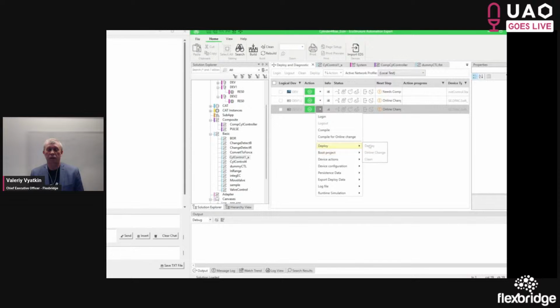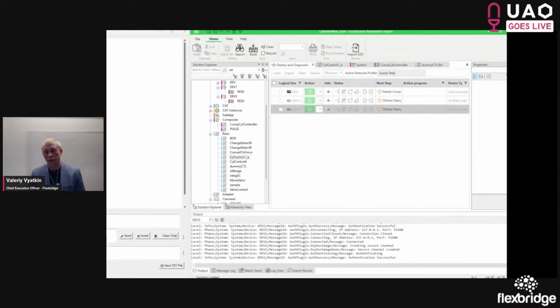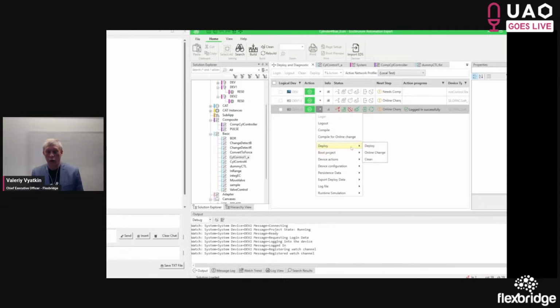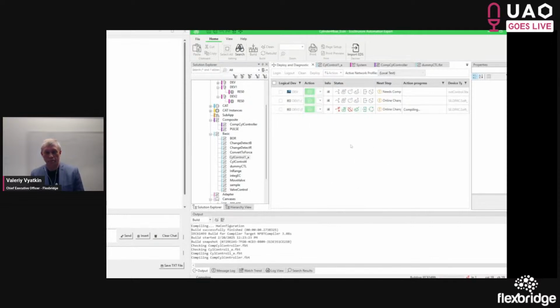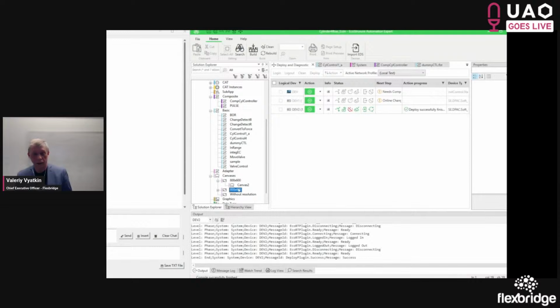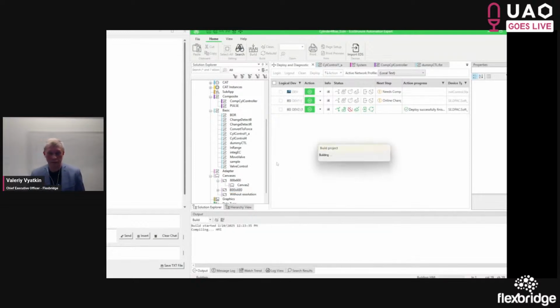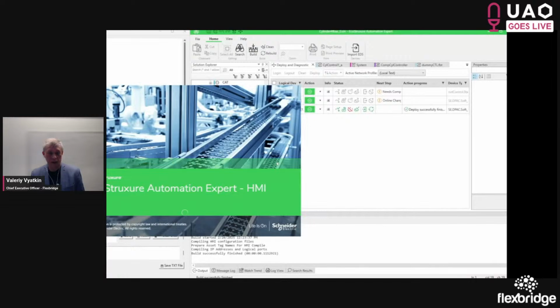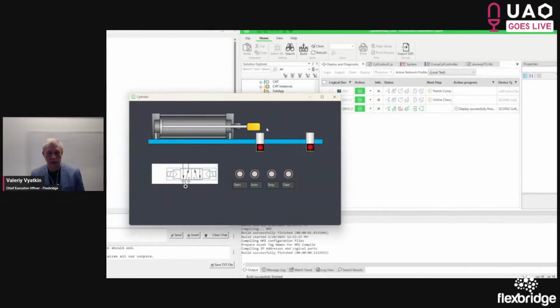go to device, okay, log in, because the device has been unlocked after we re-uploaded the solution. So no syntax errors, so everything is created correctly. So we start HMI. And then test it by pressing the start button. Again, it works as expected. So second press and it returns to the home position.